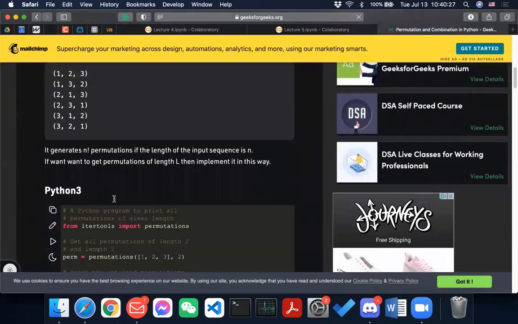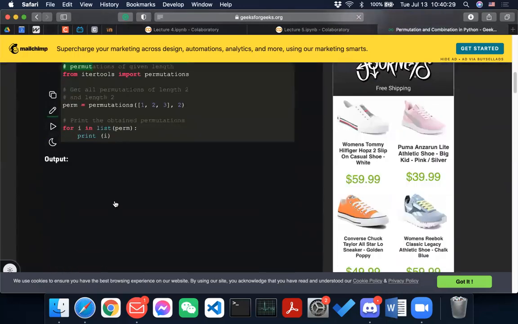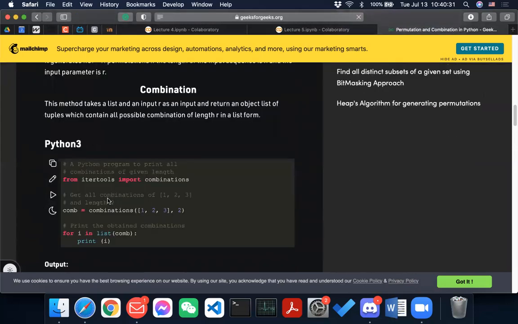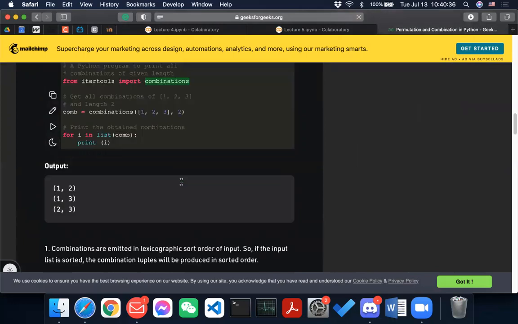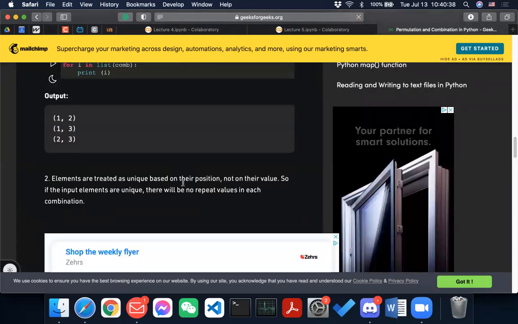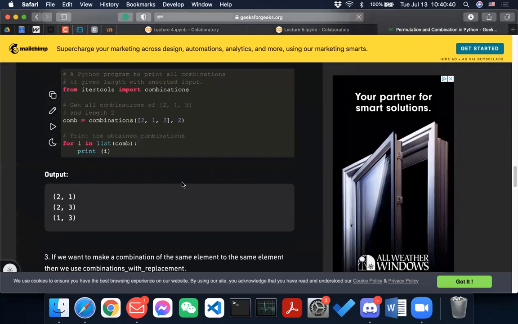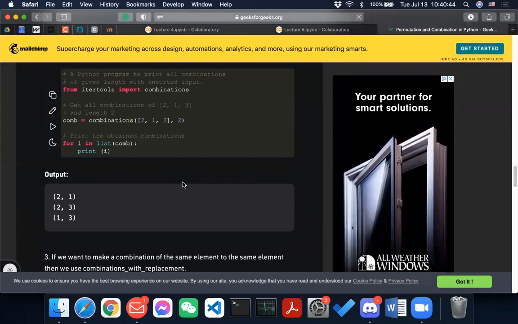Okay, there's also one for combinations. Every time you try to build something, you can always check if someone else has already built it, because you don't rebuild the wheel, right?